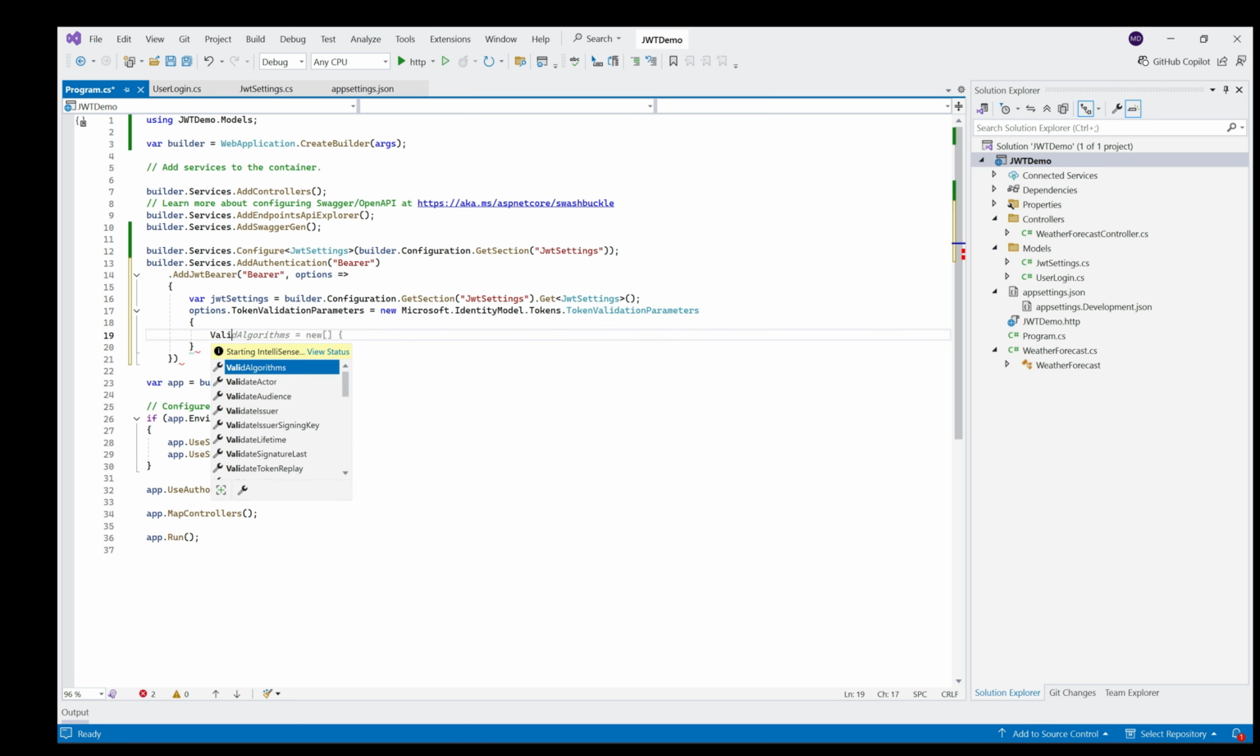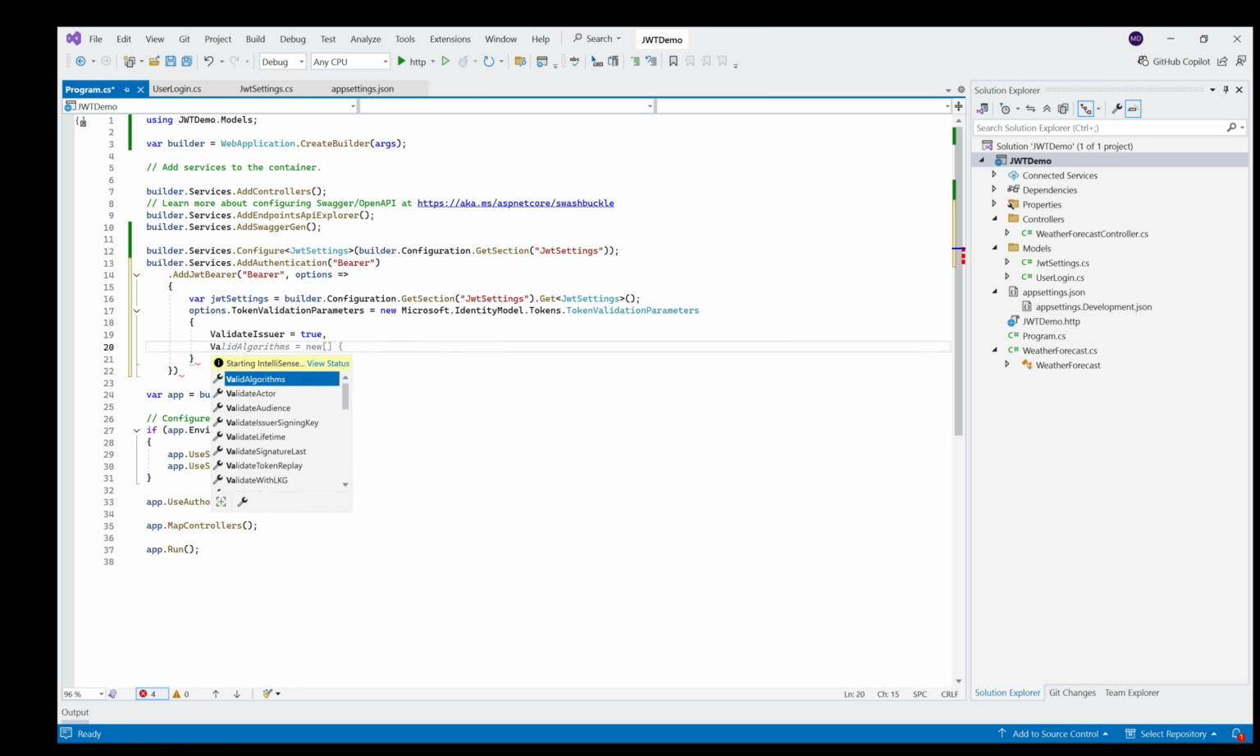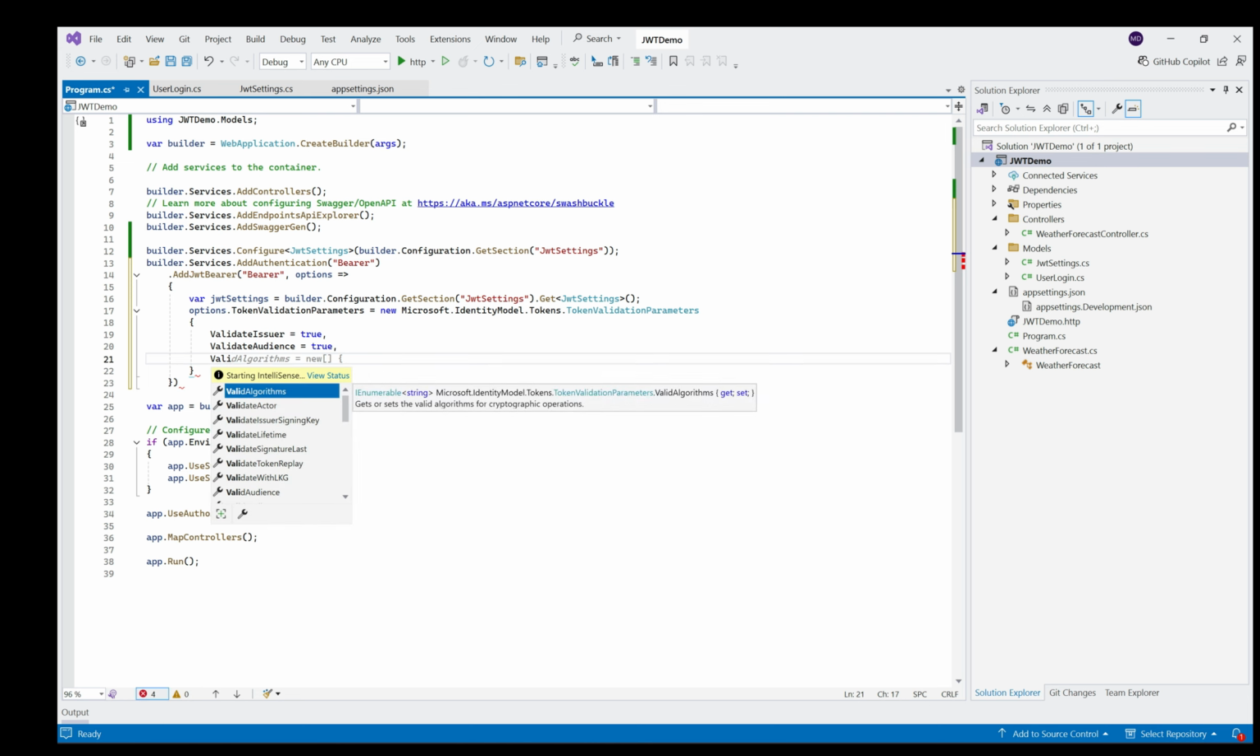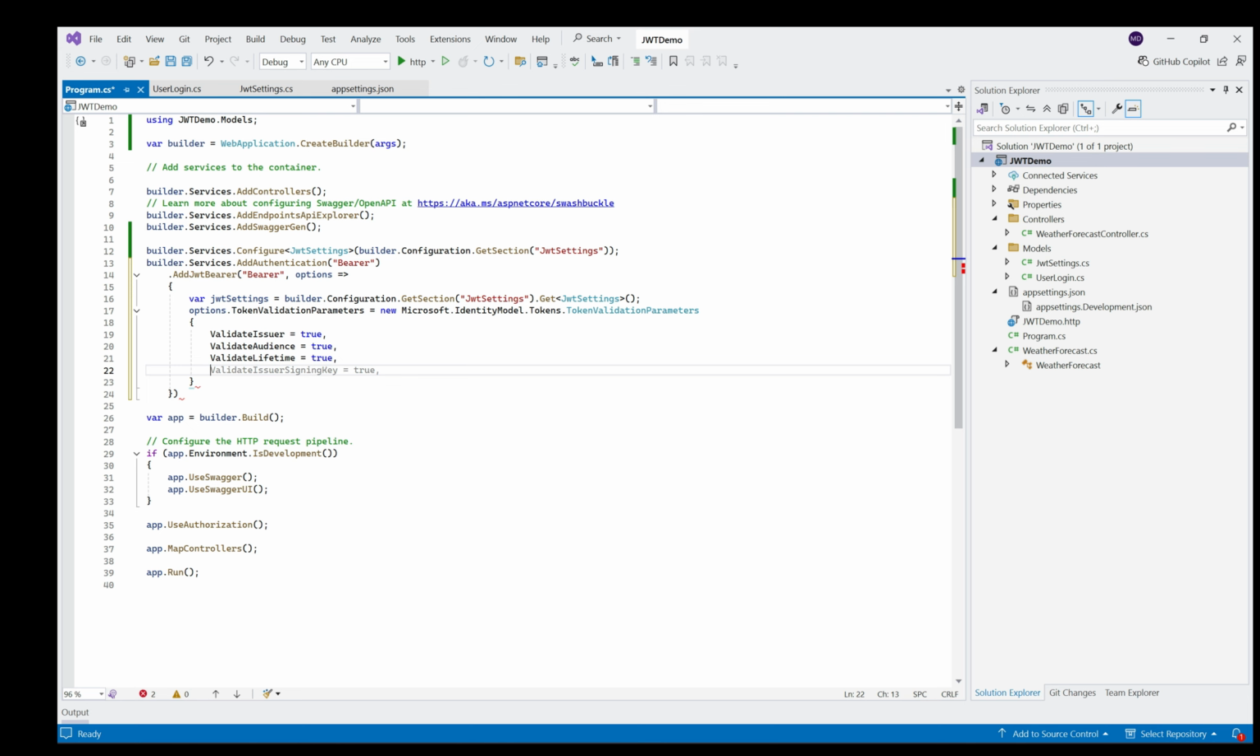So the first one is we need to give validate issuer true, then validate audience as well as true. Validate audience is equal to true, and also validate lifetime. Validate lifetime and validate issuer signing key. Yes, we need a signing key. Validate signing key,